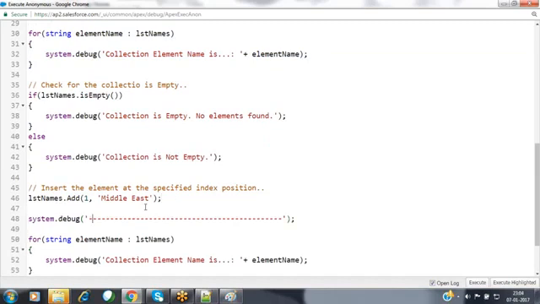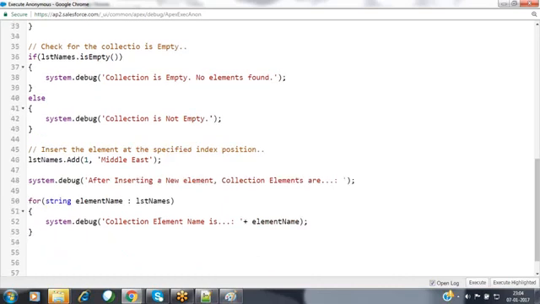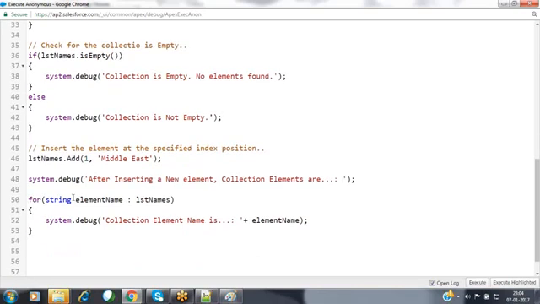So now I'm going to display that information after inserting an element: new element, collection elements are. I want to show that collection element here.